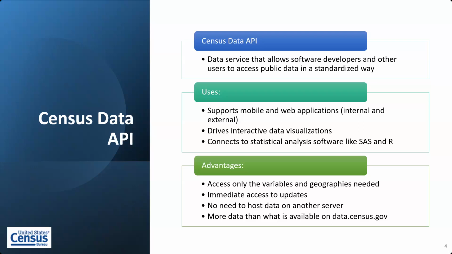But while there are a lot of different uses for the API, I'd argue that the biggest reason for using the Census API is to simply retrieve data for yourself. Maybe you need a few estimates, or maybe you need an entire table, or maybe you need data from a large group of tables, or perhaps you would like to do something like create an app or a dashboard. Regardless of what you're looking for, though, the API is going to be a great way to get as much or as little data as you need, and really only what you need.